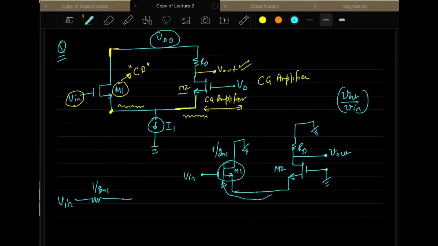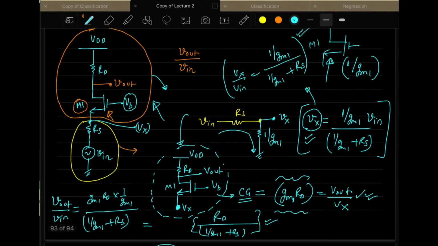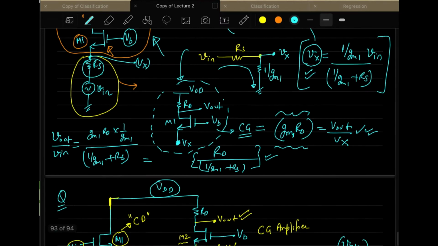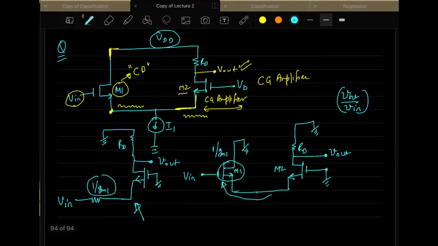And then what happens is you have an amplifier which is operating in common gate, and this is the RD, and this is ground, and this is the voltage V out. If you see this circuit carefully, we have already analyzed this, where you have RS and then RD at the drain, and RS here is played by this 1 over GM1. This is the role played by RS.